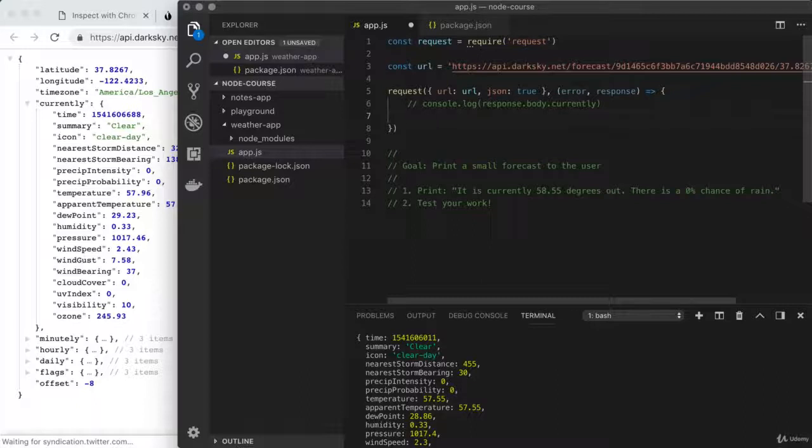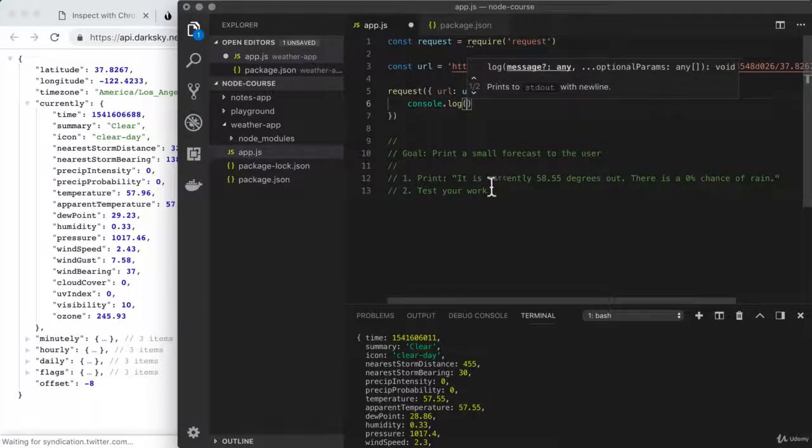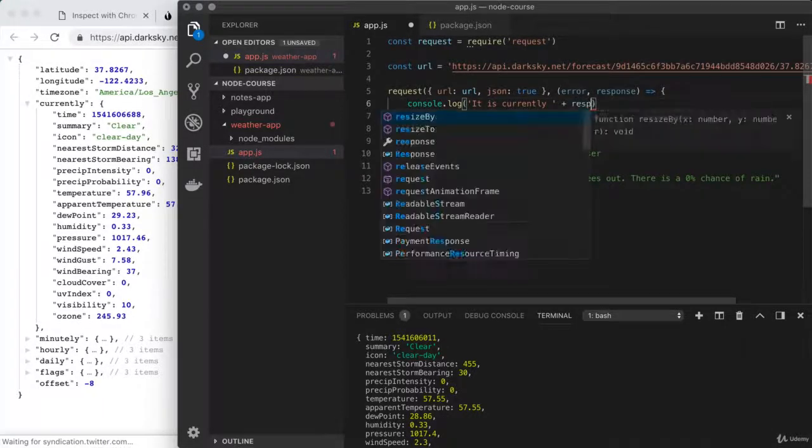How'd that go? Let's get things started by working with our message. So I'm going to use console.log to print something, and that something is the string right here with those two dynamic values included. So we start off with some static text. I'll create that in a string. It is currently, followed by a space. Then we're going to concatenate on the actual temperature. So like we did before, that's going to be